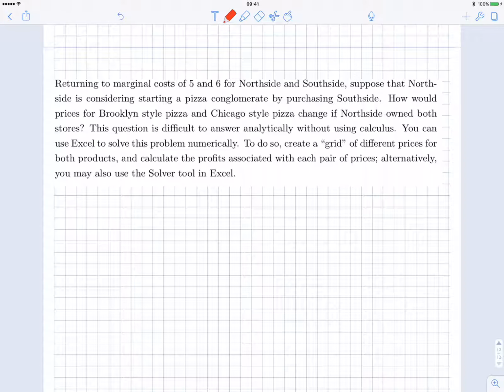When a monopoly owns both the north side and the south side, this monopoly will set prices Pn and Ps such that the joint profit will be maximized. Okay? This monopoly will not care whether the south is making more than the north, or the north is making more than the south, or the south is completely shut off. The monopolist wouldn't care at all. Okay? Now,